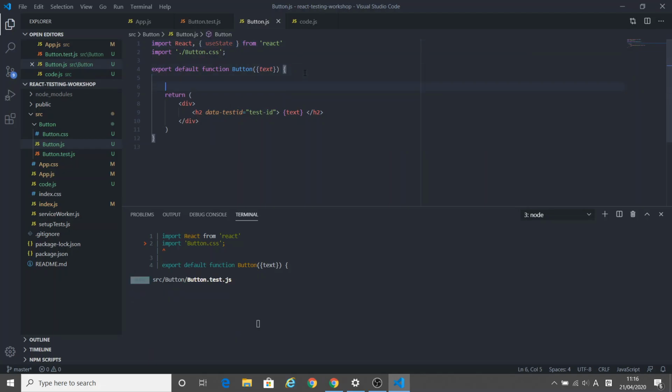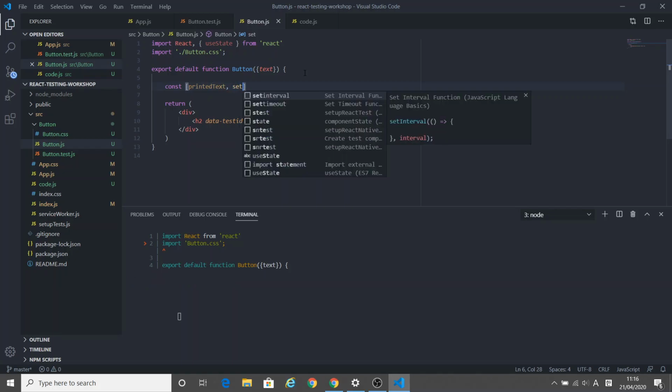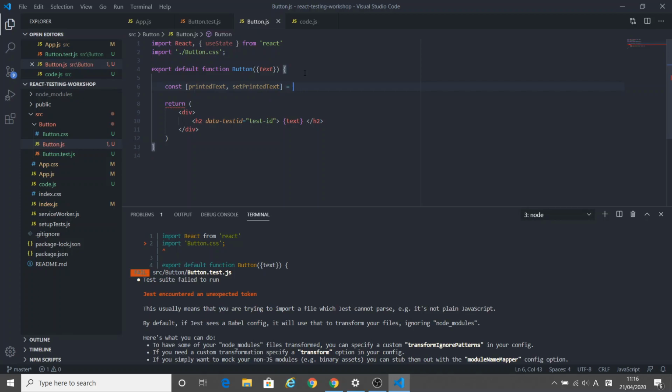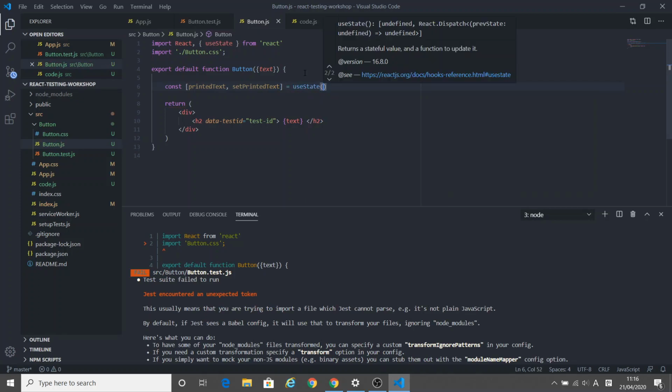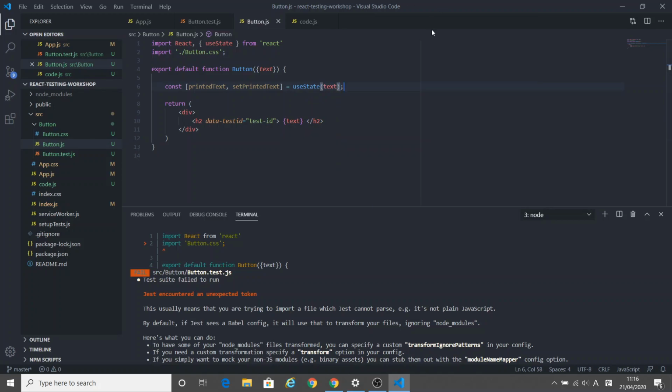And here I'll say printed text and set printed text to useState, and here I'll pass in text. So now I'm going to have to change this text to printed text,